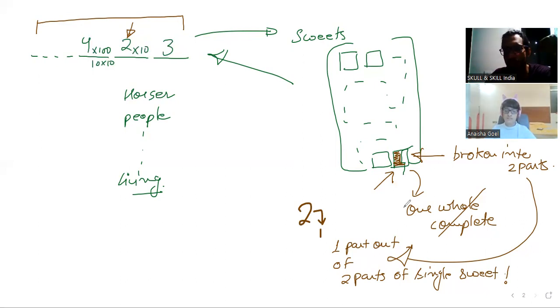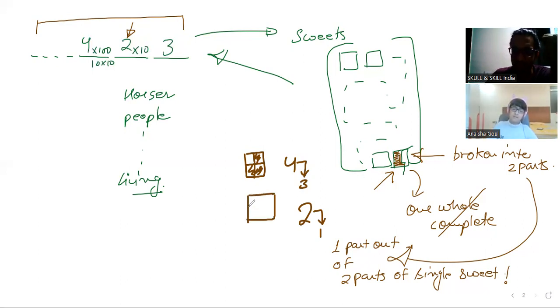Two parts में से एक part. तो अगर इसी स्वीट को मैं ऐसे बनाता हूँ, ये स्वीट मैंने ऐसे बना दिया और इसके मैंने 4 parts किए और मैंने इसमें से 3 parts ले लिए, तो कैन आई जस्ट राइट 4 parts में से 3 parts? Yes. And if this is the sweet again, and I suppose have broken it into